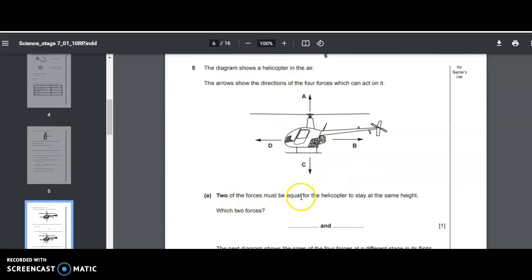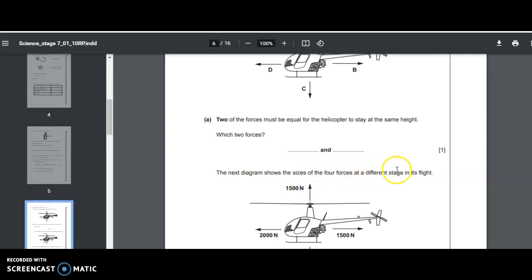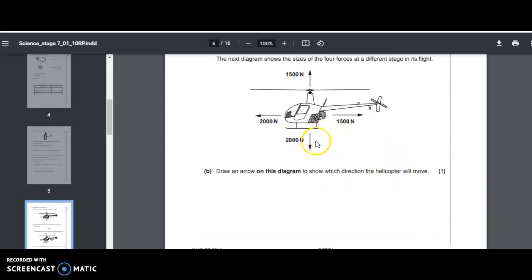Now we have these different things. Two forces must be equal for the helicopter to stay at the same height. So what that's going to be is A and C. The next diagram gives you these numbers. Draw an arrow on the diagram for which way it is moving. So it obviously is